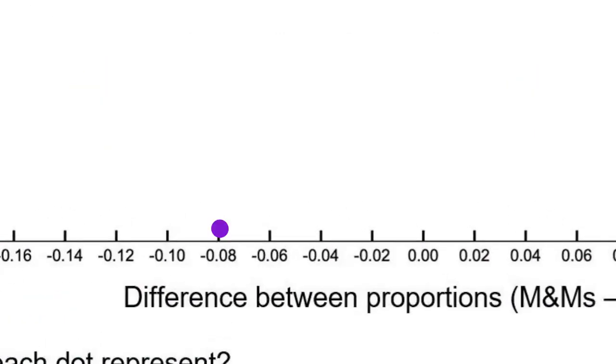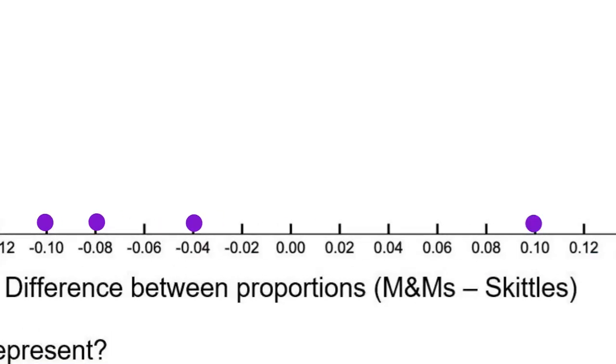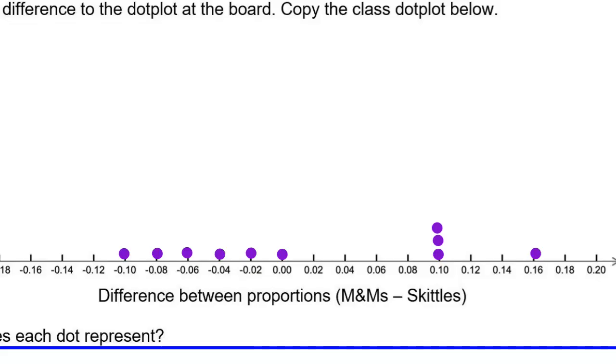So negative 0.08, negative 0.04, negative 0.1. Anthony, your other one was 0.1. Yes, you can put your computers away once you have your samples. Negative 0.02 and 0.1. You had negative 0.06 and 0. You have 0.10 and 0.16. All right. Shh. Please work on copying this dot plot into your notes as I'm moving around the room and getting people's